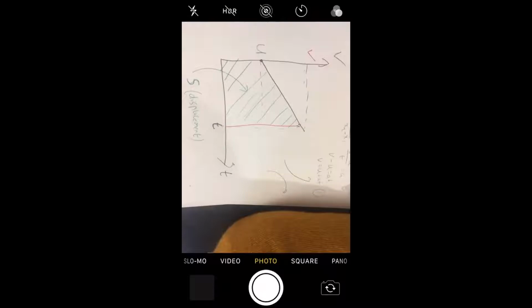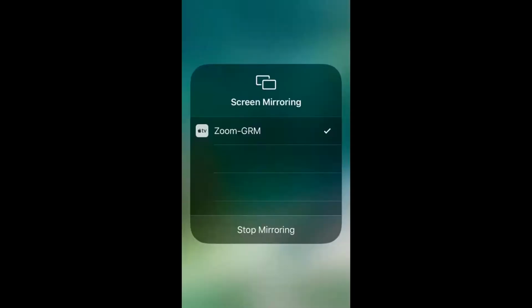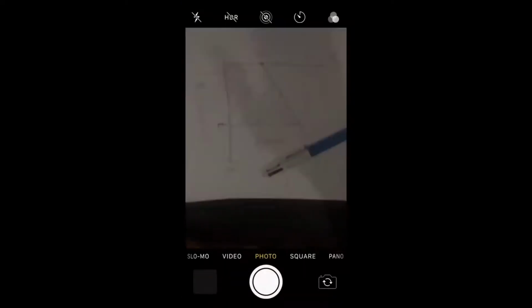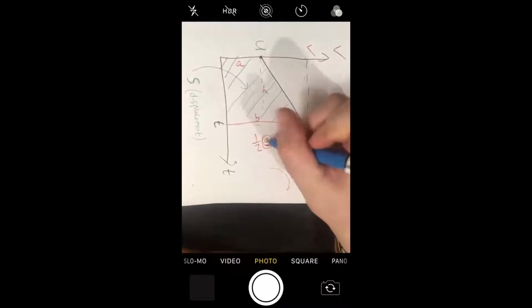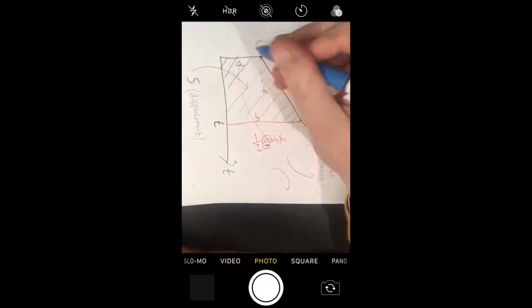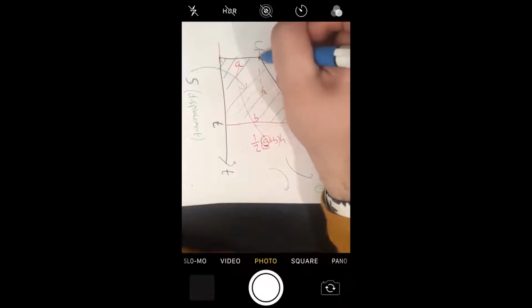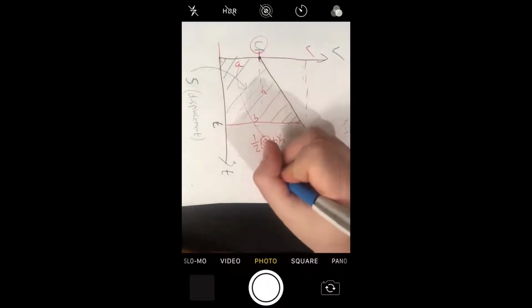Now, if I think about this a here, it is the same as this distance between here and here, which is the same as u. So that means we can replace a with u,